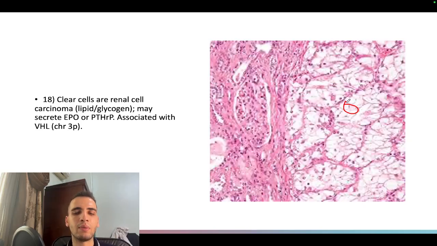It's very easy to remember because the kidney itself secretes erythropoietin, and it can also secrete parathyroid hormone-related peptides and increase the calcium level. Now, it can be associated with a syndrome called von Hippel-Lindau, and I remember it by three characters. So VHL, chromosome 3, renal cell carcinoma, hemangioblastoma in the brain and the eye and the spine, and also it can cause